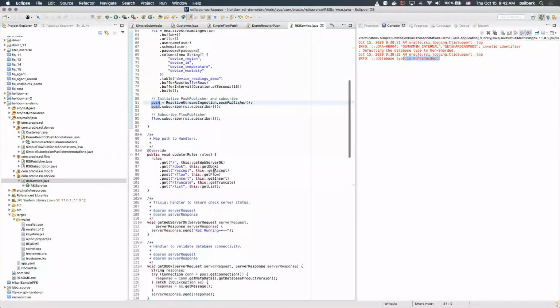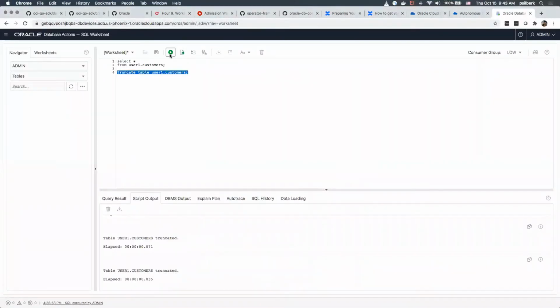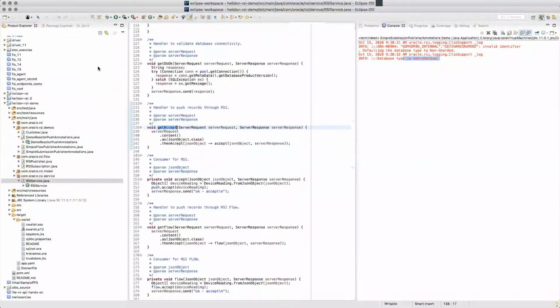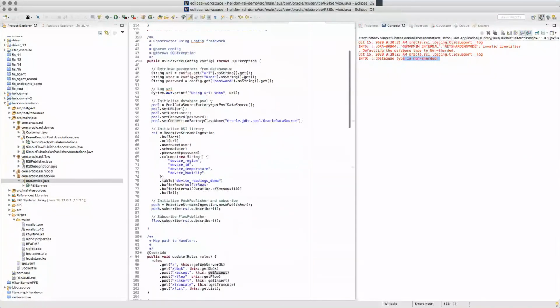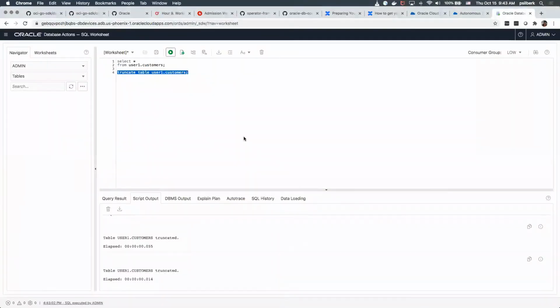And if you look at the accept, what it's going to do is get the request, parse the JSON payload, and then send it to the database. So let's truncate the table. I think it's already truncated. Actually, what we are going to do is use the device reading table, not the customer table. So let's see if we have something in there.